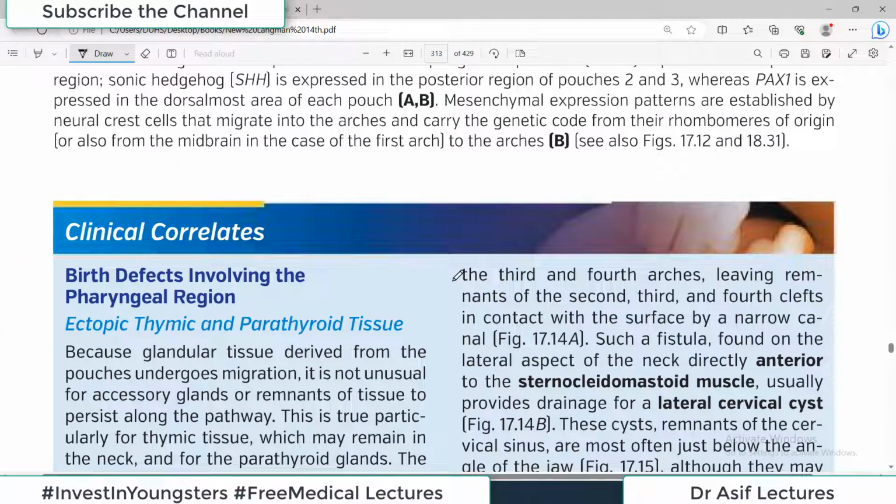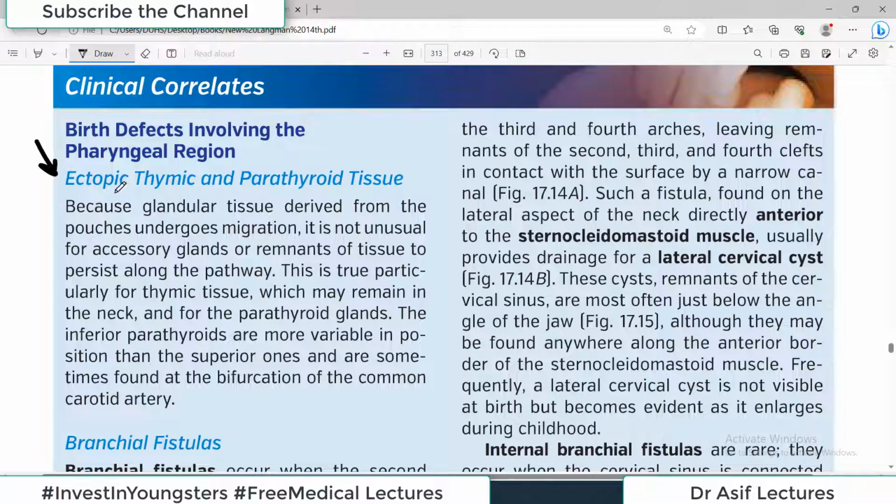Okay, so let's now move on to some clinical correlates which are associated with the discussion that we have done up till now. पहला जो क्लिनिकल स्टफ इन्होंने यहाँ मेंशन किया है वो एक्टोपिक थाइमस या पैराथायरॉइड टिश्यू है। बेसिकली बात ये है कि ये जो ग्लैंड्स हैं ये डेवलप होते हैं एंड देन दे आल्सो एक्सपीरियंस अ लॉट ऑफ माइग्रेशन ऑफ सेल्स फ्रॉम वन पोजीशन टू द अदर। सो इन डूइंग द माइग्रेटरी लाइन व्हाट हैपेंस के कहीं उस लाइन में, सो फॉर एग्जांपल यहाँ पे एक टिश्यू डेवलप हुआ, इसे माइग्रेट होकर यहाँ पे आना है, तो 100% ऑफ द टाइम ये ऐसा नहीं होता कि पूरा का पूरा टिश्यू माइग्रेट सही से हो जाए। हो सकता है यहाँ थोड़ा टिश्यू रह जाए, यहाँ रह जाए। सो अगर इस तरह होगा कि माइग्रेटरी लाइन के ऊपर कहीं पर भी ये टिश्यू के रेमनेंट्स हों, देन दिस इज व्हाट वी कॉल द एक्टोपिक टिश्यू।